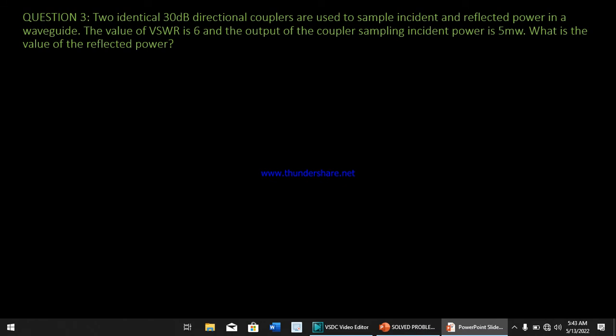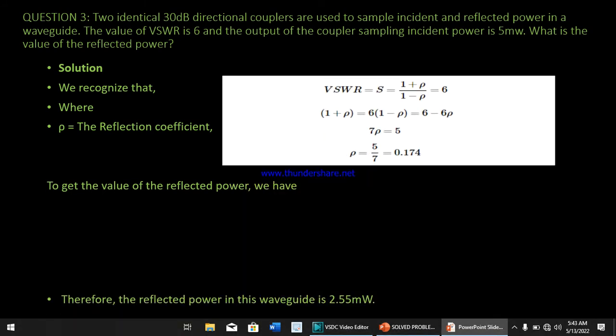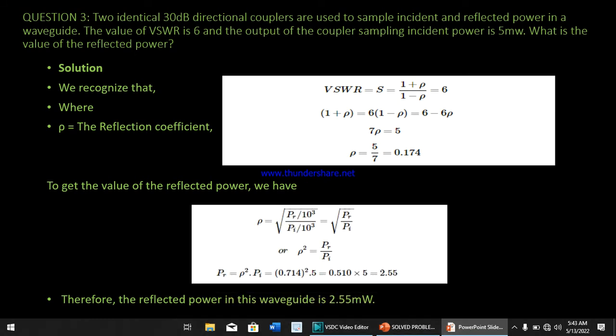What is the value of the reflected power? In this type of question, we recognize that VSWR is given to be 1 plus rho all over 1 minus rho, where rho